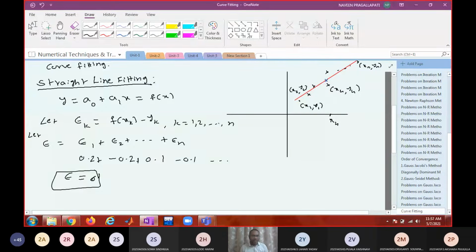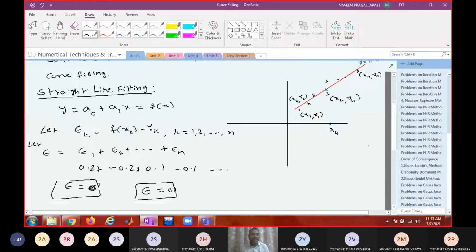Do you think that there is no deviation at all from this? No. So that means it is not really giving us the required information, right? Taking the sum of the errors is not a good idea, because it may be more or less, or it may be 0 also. It is not really giving us any good kind of information. So instead of taking the sum of errors, what can be done?